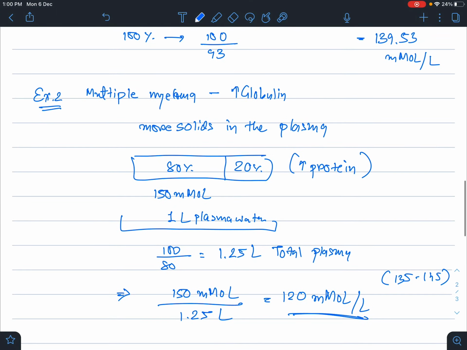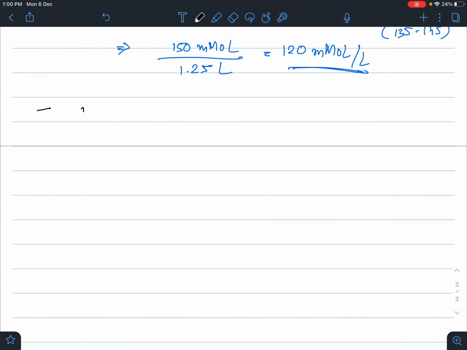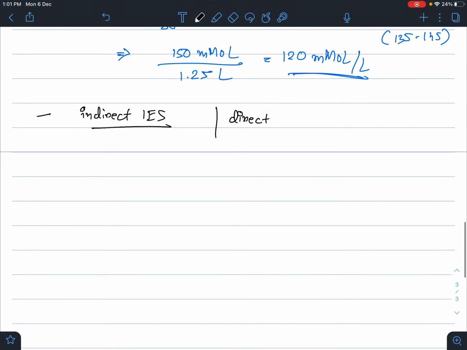We don't have to know the name of the laboratory method, but there is an indirect method called indirect ISE. If we measure by this, which routinely happens, we will get this false low sodium concentration. But there is another laboratory test which detects directly in the plasma water part, and that will be normal. So how can we, for our exam purpose, suspect there is pseudohyponatremia?